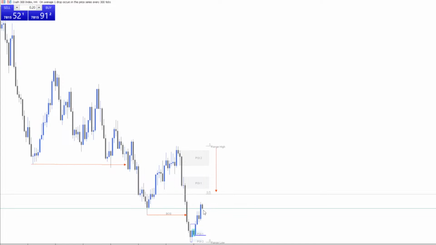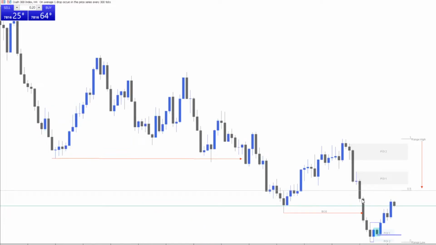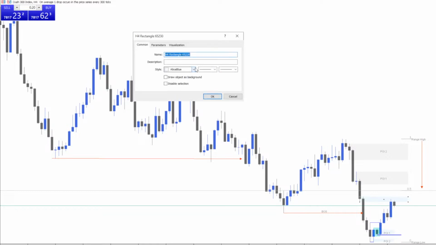So what I can see happening is just some form of filling in of the imbalances before price pushes to the upside. And it begs the question, why did price react from here? Okay, so we can see that this is a hidden base, right? Drop, base, drop, and price came back into the base and then began to drop, right? So this is a point where you can